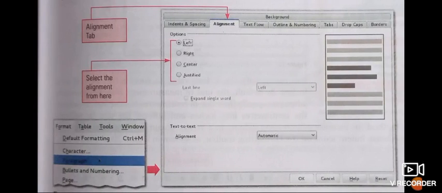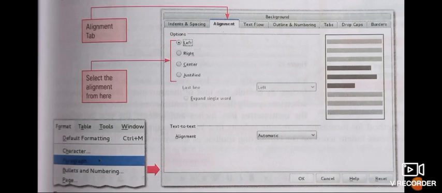Now from there, select the Paragraph option. A Paragraph dialog box will appear. In this dialog box, we have to click on the Alignment tab, as shown here in the video. In the Alignment tab, different options are shown. We have to select any alignment option from there and click on the OK button. As we click on the OK button, the alignment is changed.